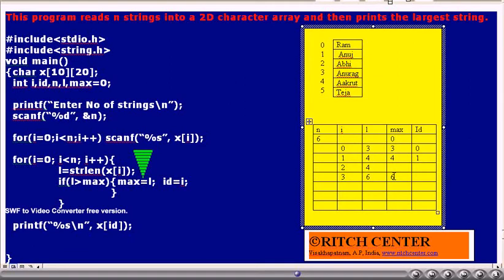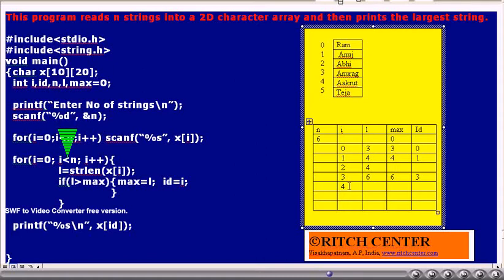That is 6 greater than 4? Yes. Thus, 6 will be assigned to max. And i value, that is 3, will be assigned to id. i value will be incremented by 1.